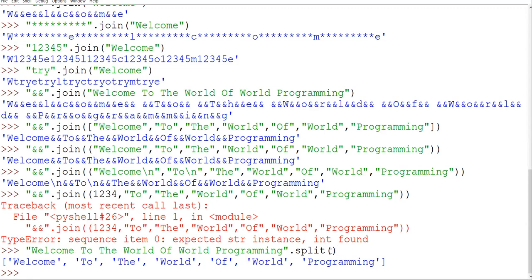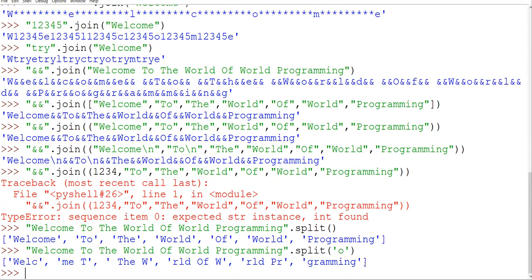Now, if we give something, how to give it? Suppose after every O, I wanted it to split. So I'll write here O. You can see WELC, then O was there, so it is not considered, but it is the breaking point. Then ME is there. Now what you have to understand is, whatever breaking point you have given, for example here I have given O. Now O is not visible in the complete resultant list. This O is available, but this is a capital O. I'm talking about the small o. Wherever a small o was there, everywhere it is omitted in this resultant string.